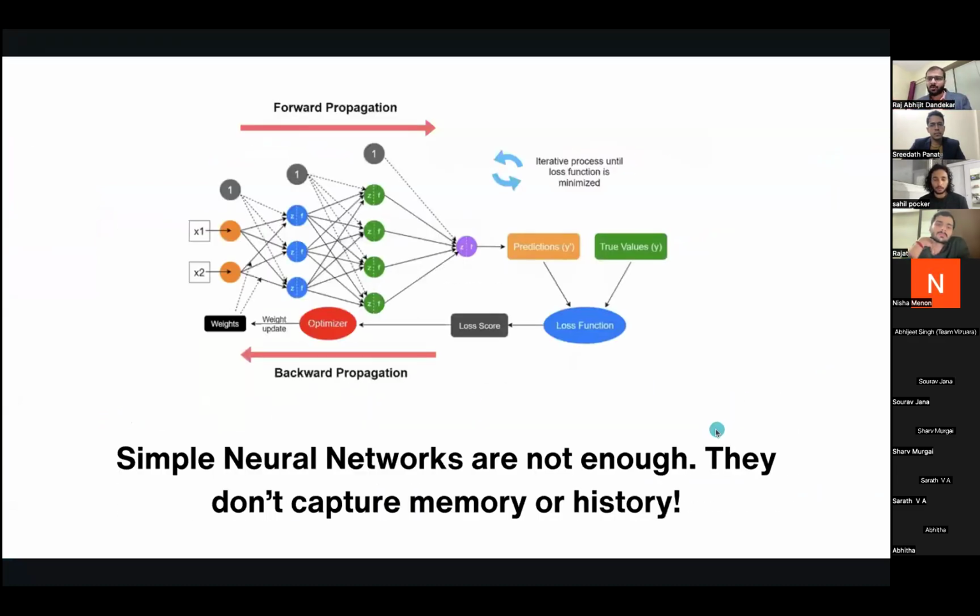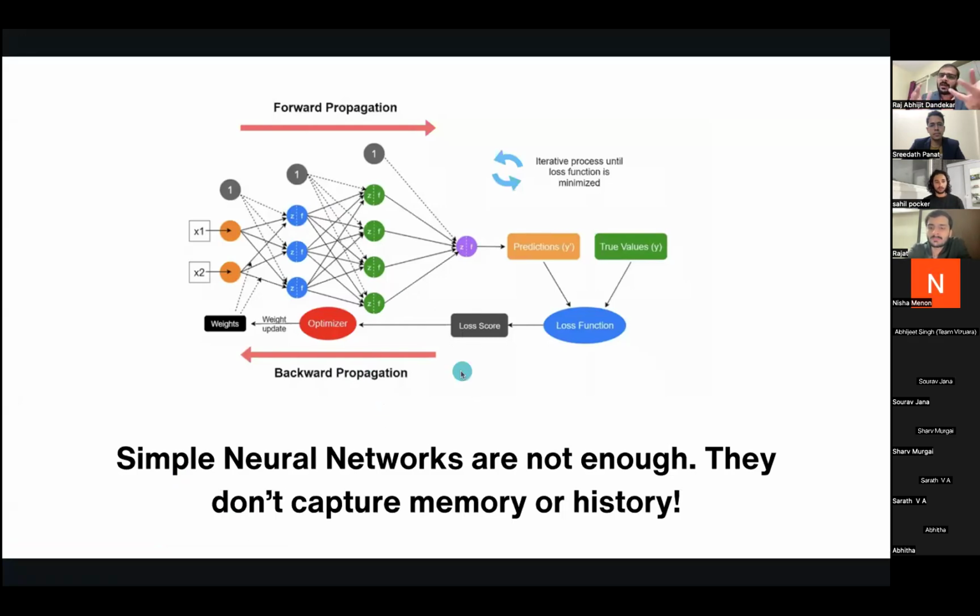Then was the neural network boom. But the problem with neural networks is that you cannot capture memory or history with neural networks. So let me give you an example. Let's say in ChatGPT, you want to predict the next word, right? Given a paragraph, for that you need to have memory of what has come before. So to give an example, let's take this example, which is